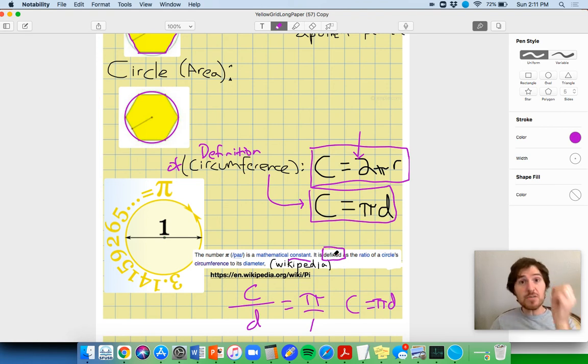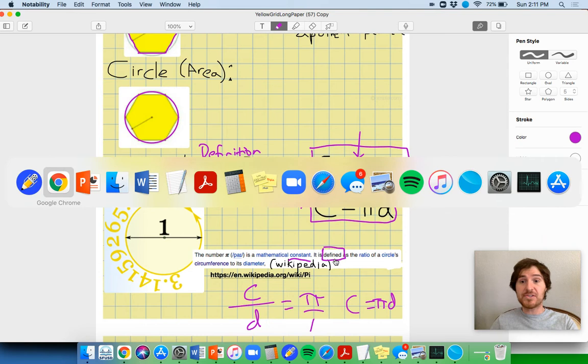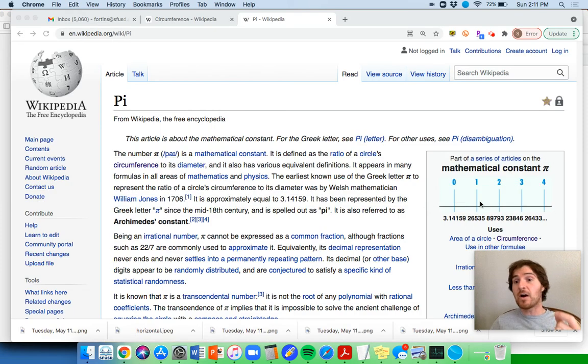And this is a definition because this is something that people have noticed for millennia. Here we are on Wikipedia right now. Check it out here. People just noticed this. Look at this pretty sweet graphic right here. I take a circle with a diameter of 1, roll it out, do one revolution, one turn around that whole circle. This whole length is